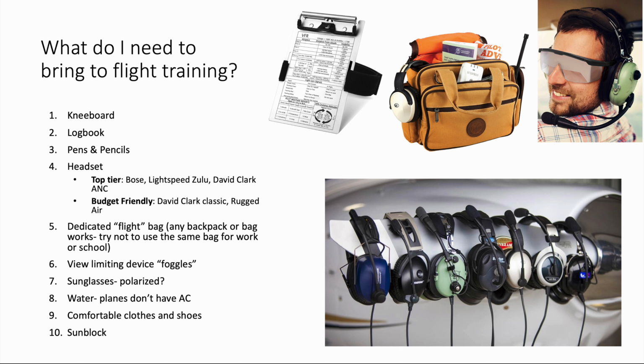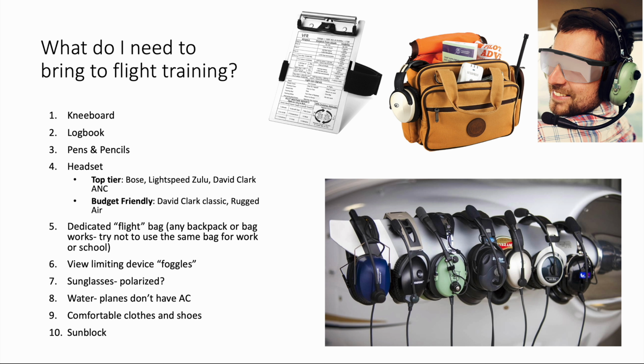A headset. So the most common question, and probably the most common YouTube video you'll come across, is headset reviews and things like that, or what to get. It depends on a few things. It depends on your budget. You can get a headset on Amazon for as little as $150, or you can get a Bose for like $1,300. So it really depends where you fall in that budget,